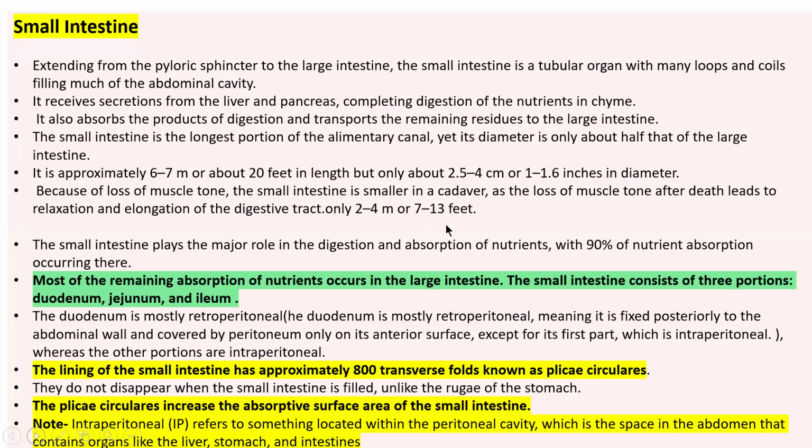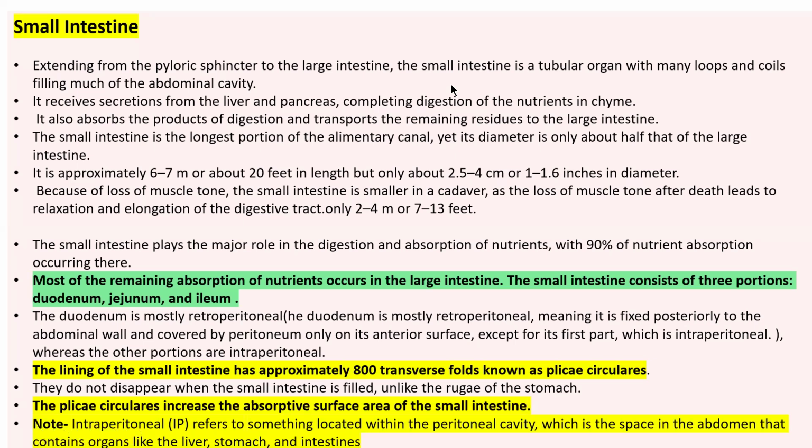So the small intestine extends from the pyloric sphincter to the large intestine. The small intestine is a tubular organ with many loops and coils filling much of the abdominal cavity. It receives secretions from the liver and pancreas and helps in the digestion of nutrients from the chyme. The small intestine also helps in the absorption of digested food and transports the remaining residue to the